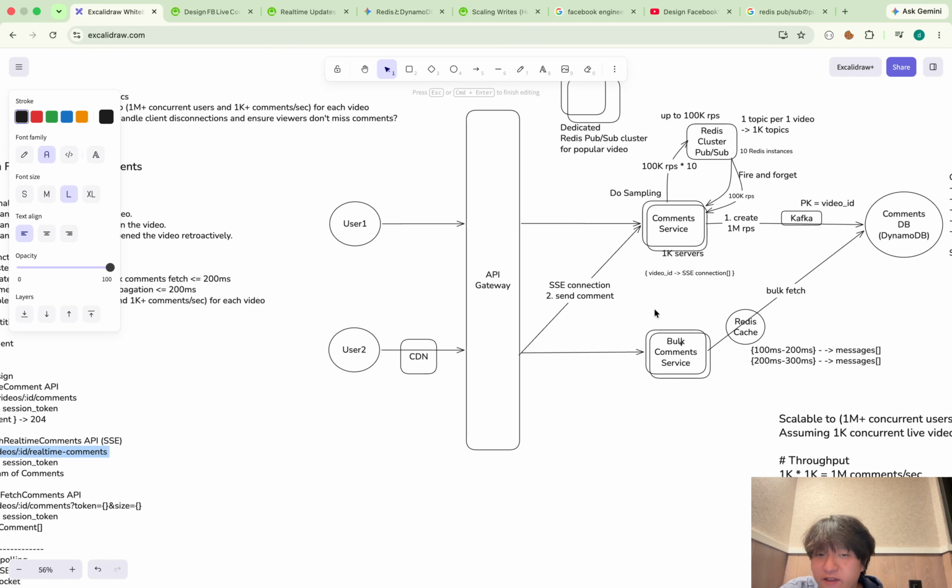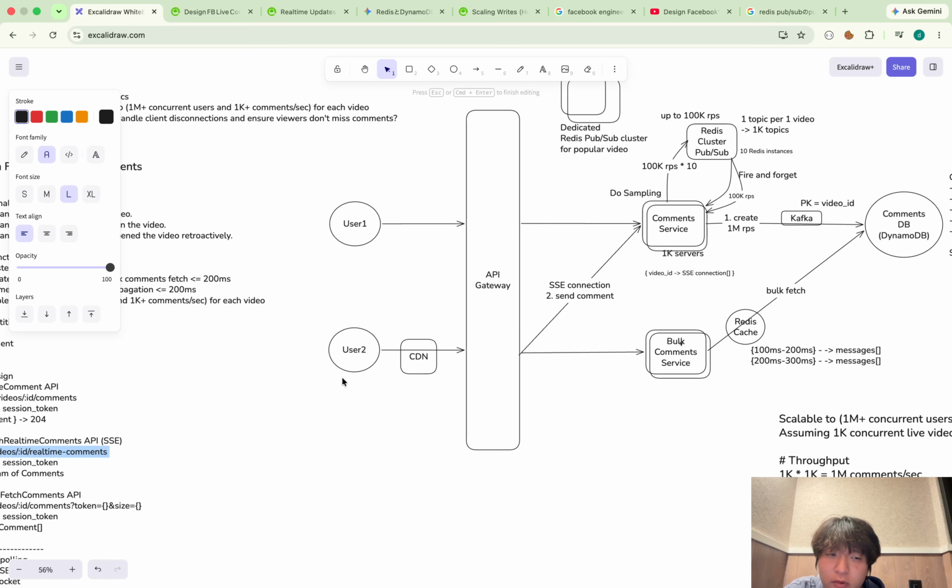So that's something I can do. Because users are watching the live videos, probably we don't have to fetch the bulk comments in that case. But this is definitely a product decision.